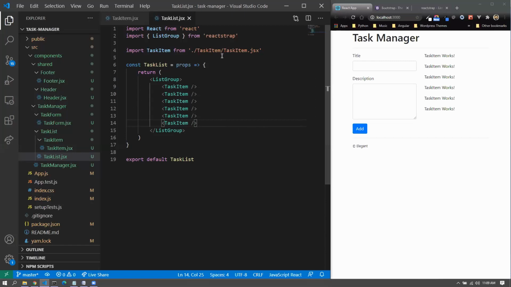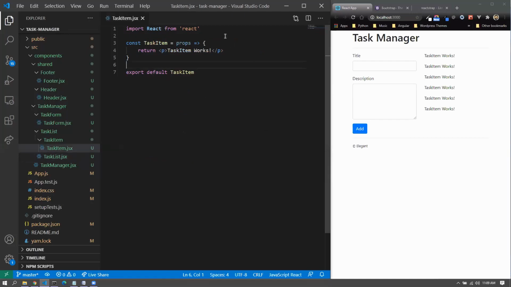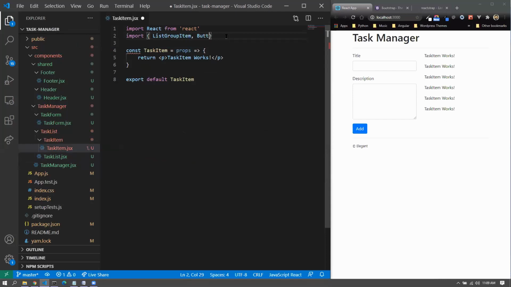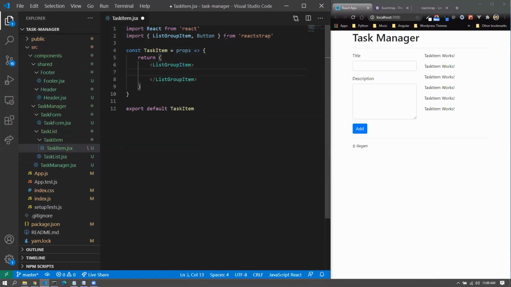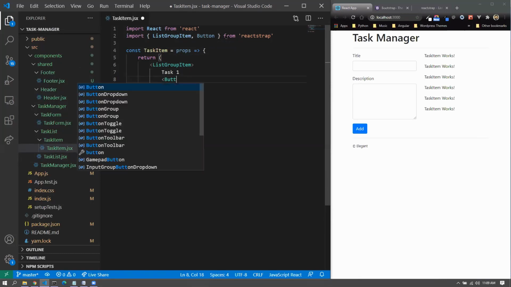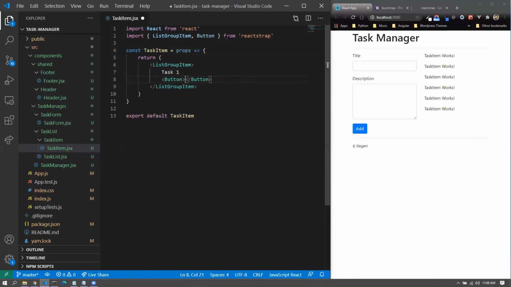Okay, so I'll close the task list down, go into the task item. Task item needs list group item plus button from ReactJS, and we'd have list group item, maybe write some dummy text for now, and a button. Actually,